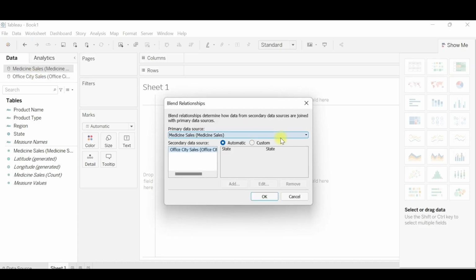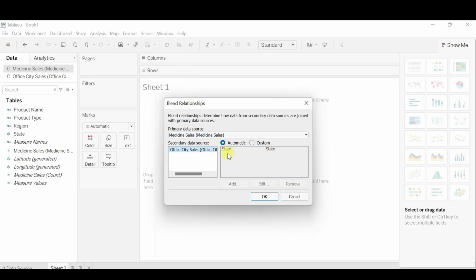Both the sources have state and region and territory in common. By default Tableau will take the first one as the primary source, and if you need to change it, you can set it to office city sales as well, and then it will take a common column between both the data sources automatically.